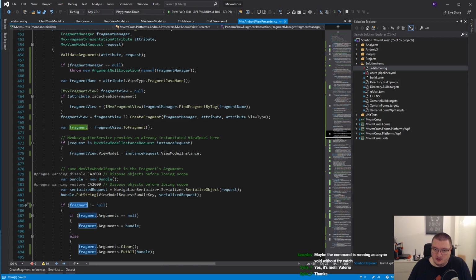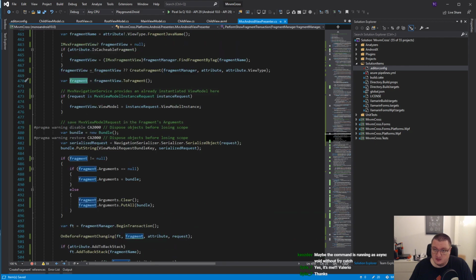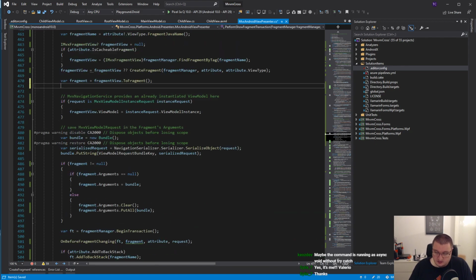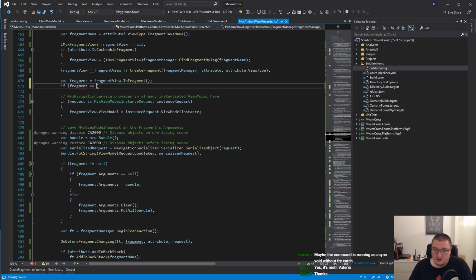So since we check for null here, I guess we just blow up because there's no fragment to show, right? So let's just assume the worst. So if fragment is null,